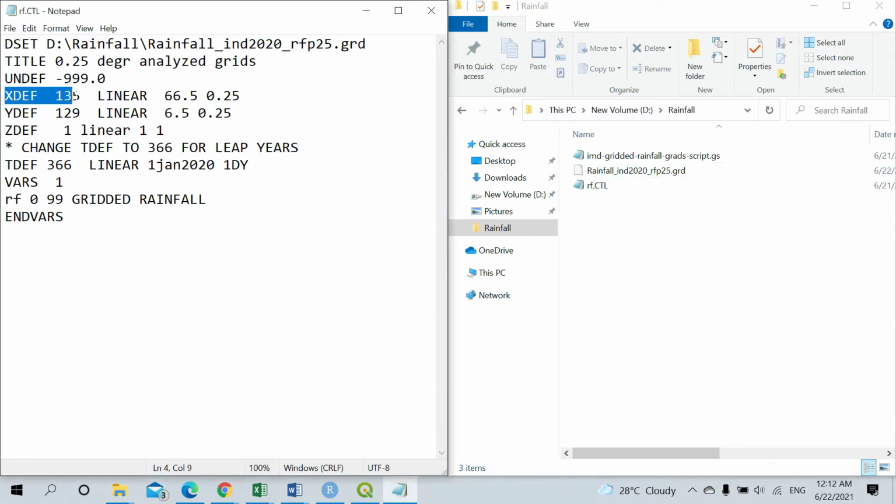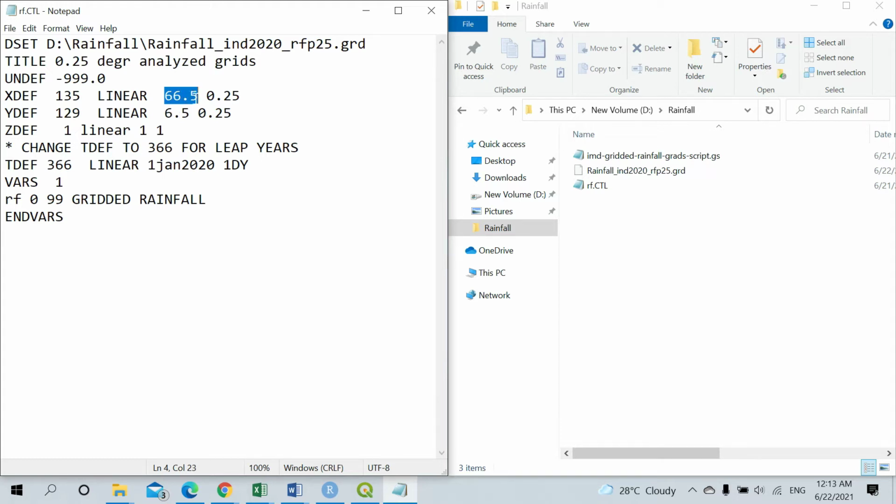The XDEF and YDEF part you have to define properly. Basically this is a 0.25 degree gridded data. I'll explain what this is. This is your longitude and this is your latitude.